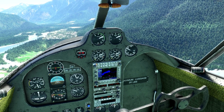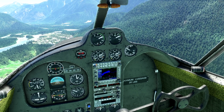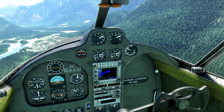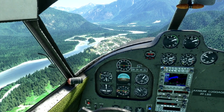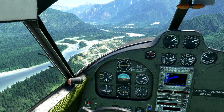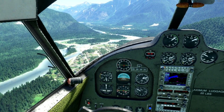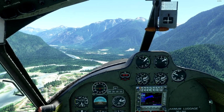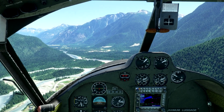Could it be better? Yeah. Have they promised that they're going to update it and make things better? Yes, they have. Is it perhaps worth it to a casual person who just wants to fly nice planes? No. If you just want to fly a seaplane, either fly the freeware Cessna 172 on floats, or fly the float versions of the Cub X that are out from flysim.to, or you can fly the Goose